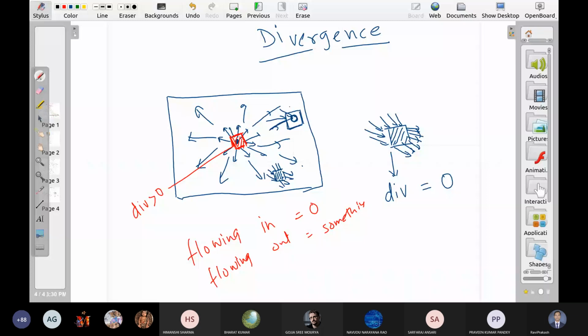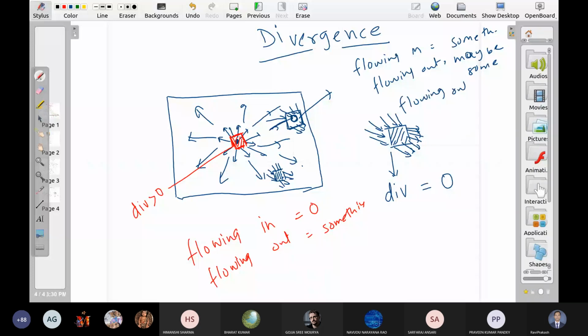So for this case, flowing in, yes, something. Flowing out, maybe some water, but the flowing out water is obviously less than in. जितना पानी बाहर जा रहा है उससे कहीं गुना पानी अंदर आ रहा है, and obviously जो भी difference है that is going into this hole. So here water is shrinking, coming into one place,